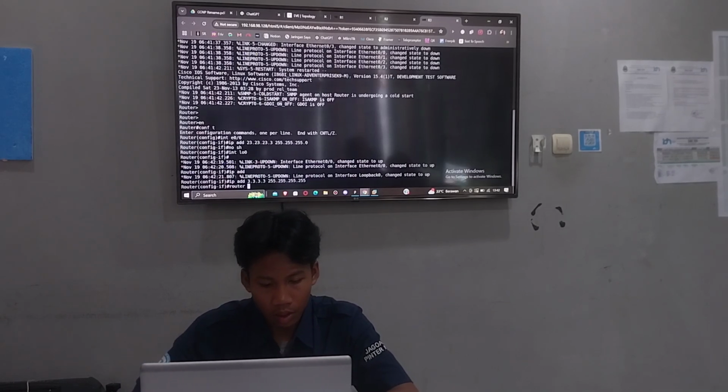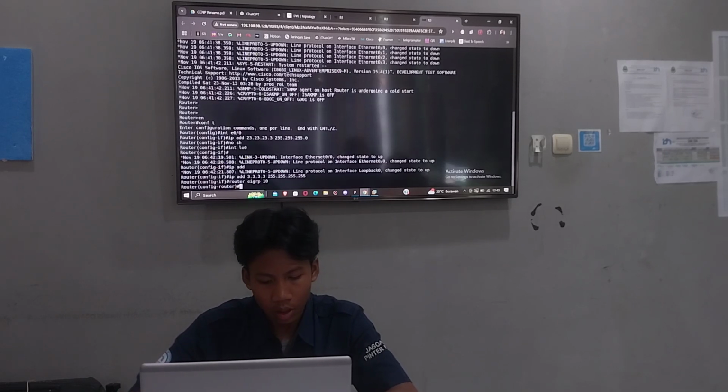Then give the router EIGRP 10 and then network 3.3.